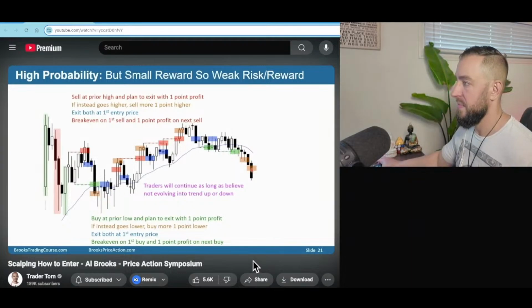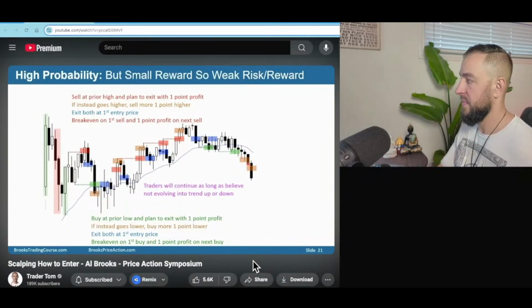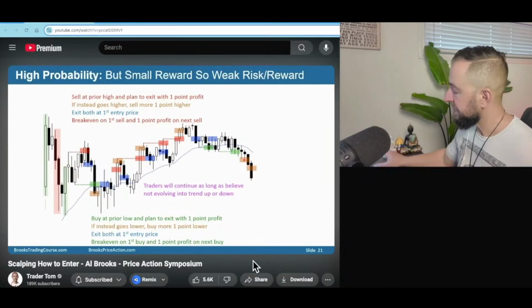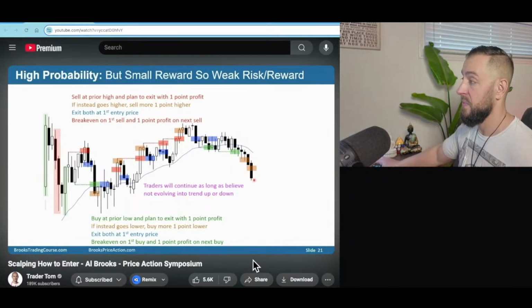Remember what I said earlier. If you start to get a pair of decent-sized bear bars closing on or near their lows, breaking below something, breaking out of something, it's usually better just to exit. An experienced scalper comfortable using wide stops will continue to add on. He might take one limit order trade here, one limit order trade here, and then stop and look for a stop order trade down here.